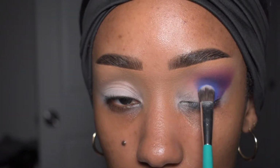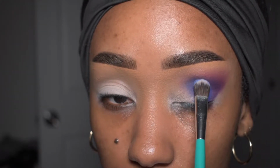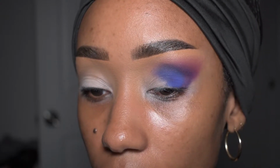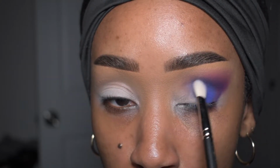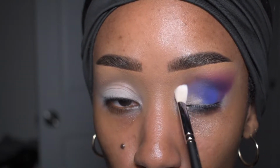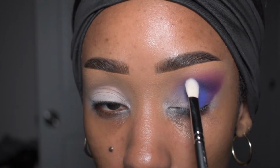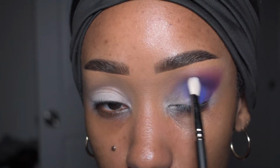So what I'm gonna do is just tap, tap, tap, tap. So I can take a blending brush and move up to my inner corner, so I can blend it out right now. This is a MAC 217 brush, and I'm pretty much doing these ovular motions because I'm just fanning it out. I don't need it to go up. I don't need it to go out. I kind of just need it to blend in with this purple real good and not take over too much